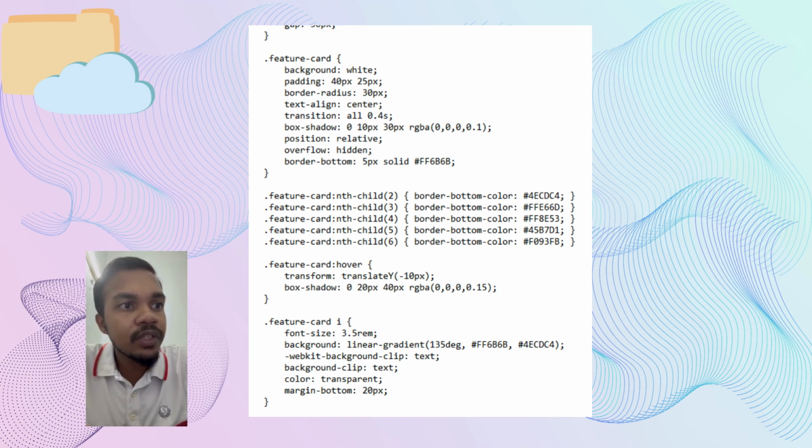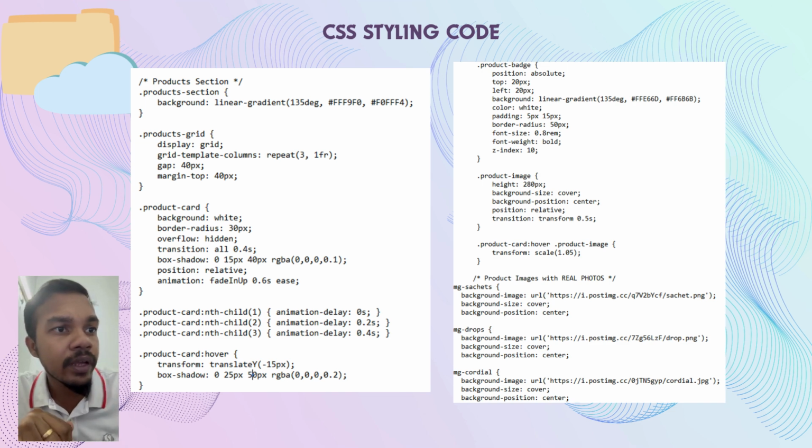Moving into my next slide, moving into the features grid slide. Next up, let's look at the product section where we combine dynamic entrance animations with a compound hover interaction to create a polished e-commerce feel. The layout relies on a 3-column CSS grid set against a soft dual-tone background gradient to make the interface feel alive upon page load. Each card uses a custom fade-in-up animation, which is staggered sequentially using nth-child delay so that they cascade into view one after another. When a user hovers over a card, we trigger a premium dual effect.